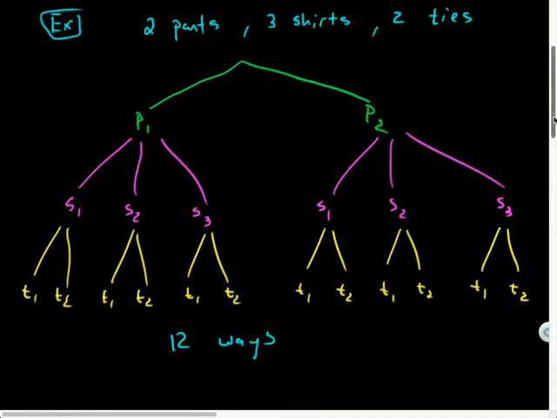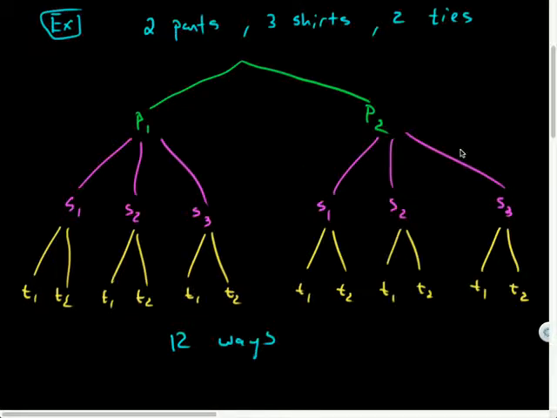Now, it turns out that because these events, the way I've described this scenario, are independent of one another, they had no effect on the other. For instance, I didn't say, okay, if I choose my black pants, then I only have 2 shirts to choose from that would match those, right? I just described it doesn't matter. You have 3 choices for shirts, no matter which pair of pants you chose. These are called independent events.